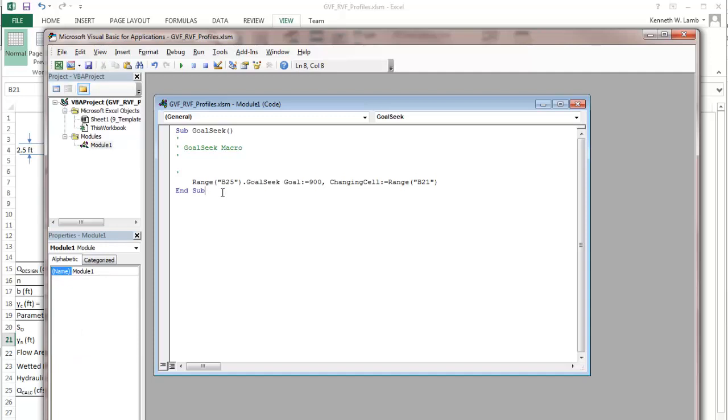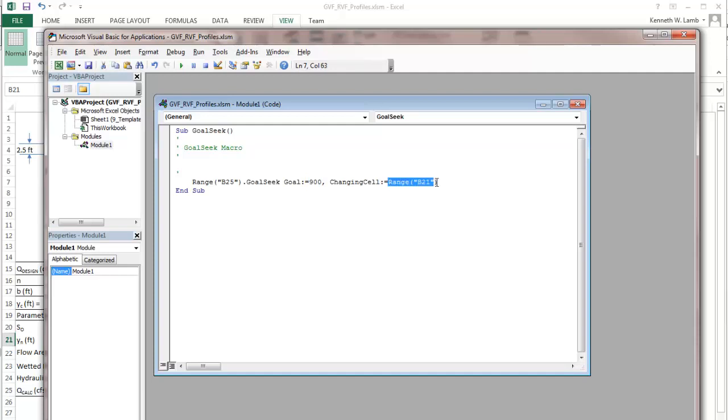The first modification we want to make is to direct the code to look at the cell containing the design flow rate rather than having a hard-coded number as the goal. Right there. To do this, we simply copy the format of the way the command specifies a given cell. Visual Basic uses the command range to do that.